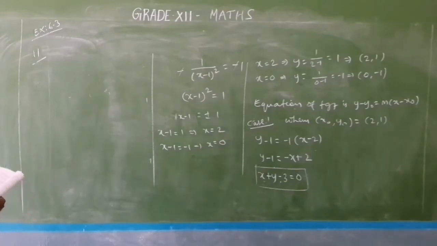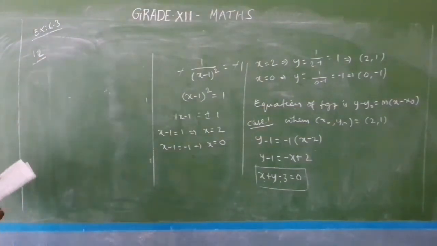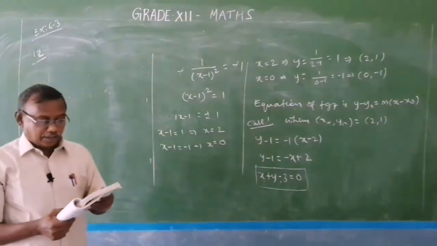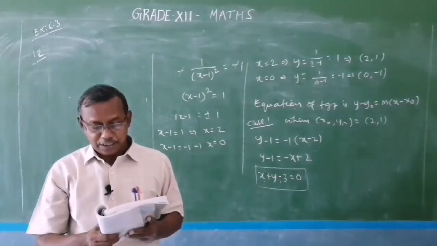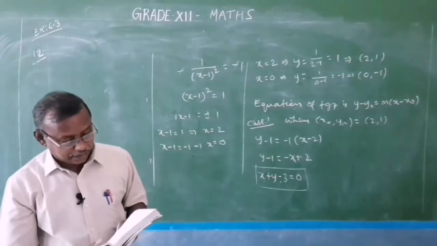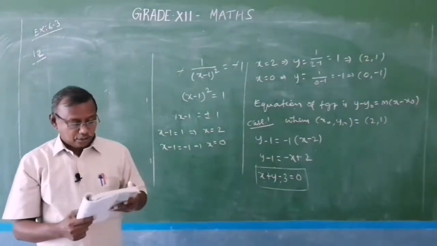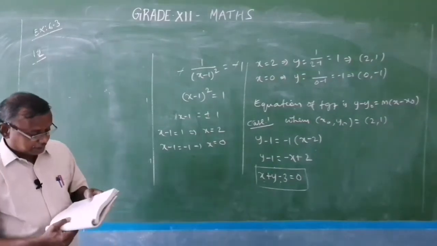Let me go to question number 12. The 12 is also of the same type, I think. Find the equations of all lines having slope 0, m equal to 0, which are tangents to the curve. The curve is given, so you can easily differentiate and solve this using the same method. So, 11 and 12 are homework. Now, let me solve question number 13.